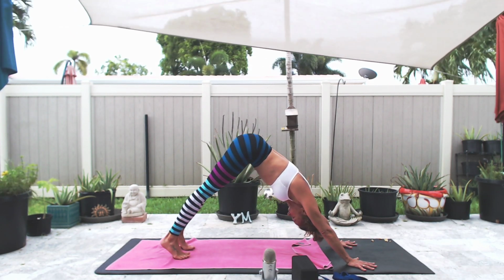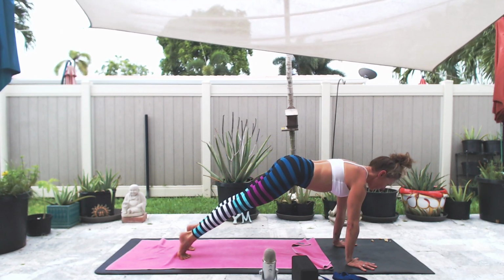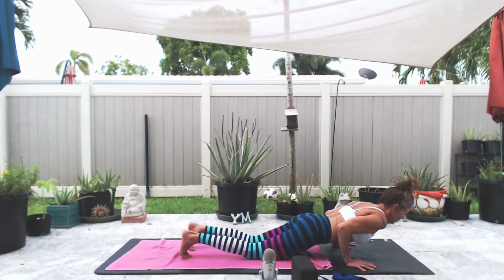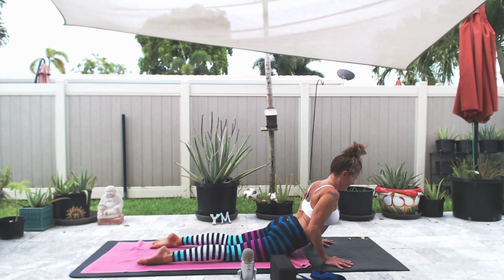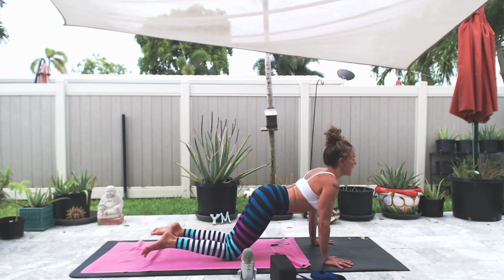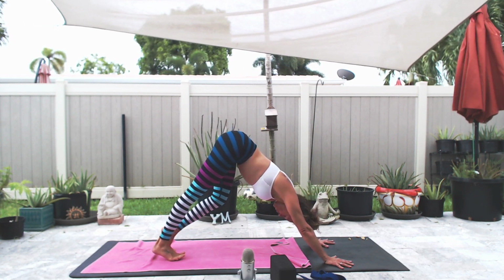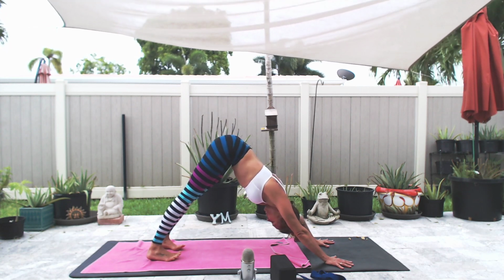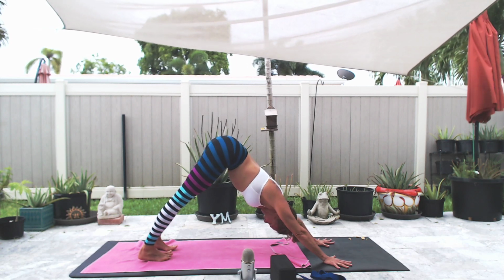Option 2, inhale, high plank. Exhale all the way to your belly. You can use your knees. Inhale, tops of the feet come down, cobra. Exhale back, downward facing dog. Do your best to match your breath to your movement and the movement to your breath. Third and final option,